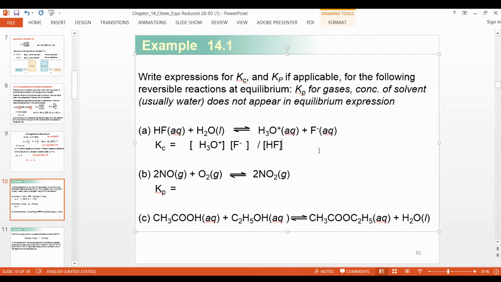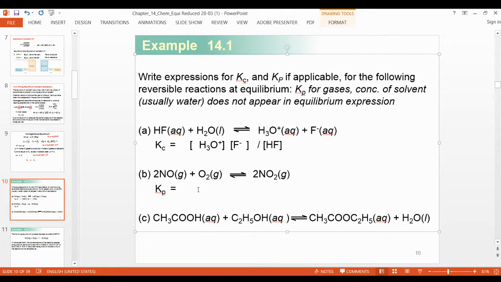It's clear now? Doctor, we write just the aqueous. Only aqueous, no need to write liquid. Okay, now go to the second. You have to write all values because all are the same, no water here. So this is divided, this is the concentration of, remember that this is P. So how do you write this? This is Kp.